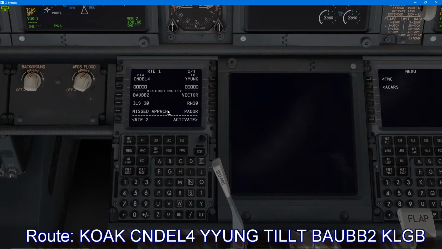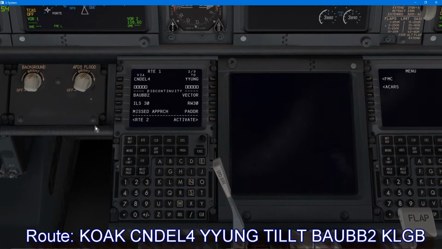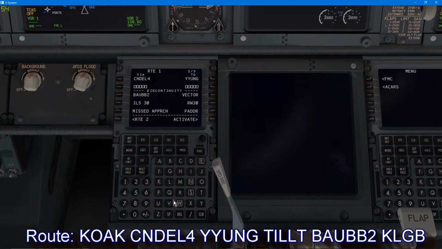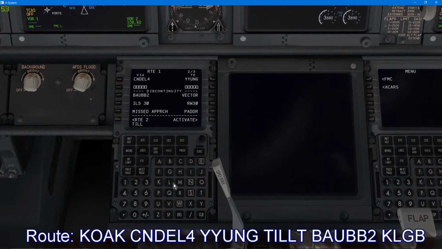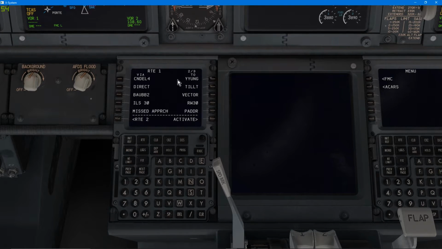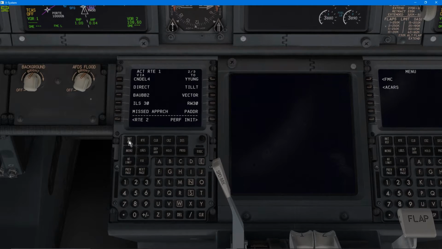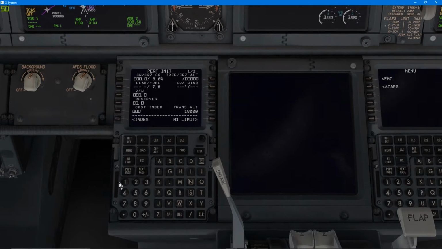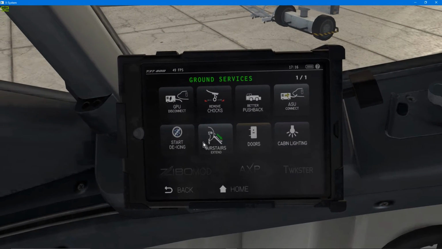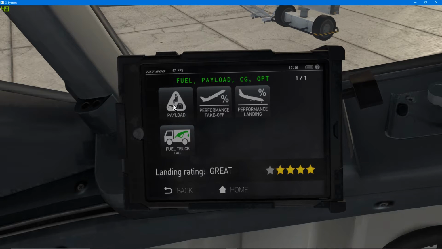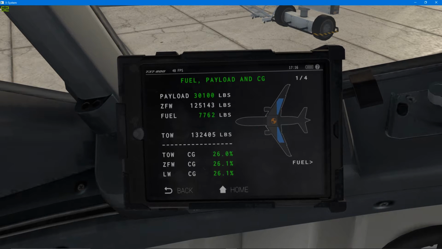So we have this discontinuity again, so we need to go direct from Young to Tilt. We'll just go ahead and insert that one in there, and that takes care of that problem. We can activate the route. We do need to get some more fuel, so we'll go ahead and go to the fuel page, and for this flight we need